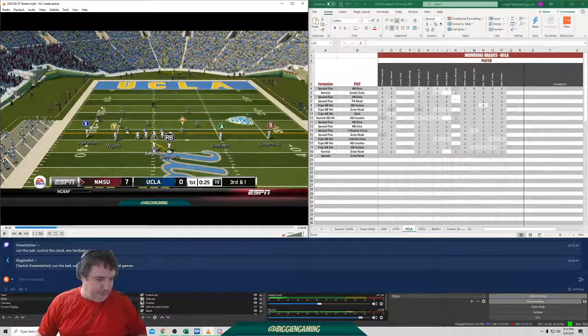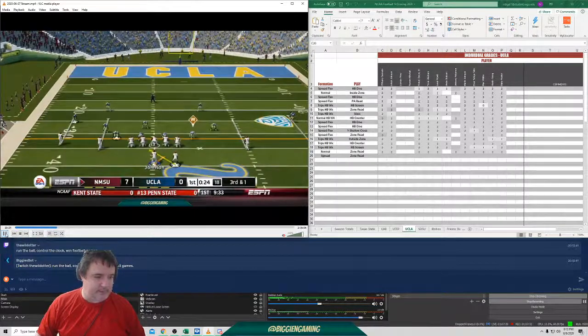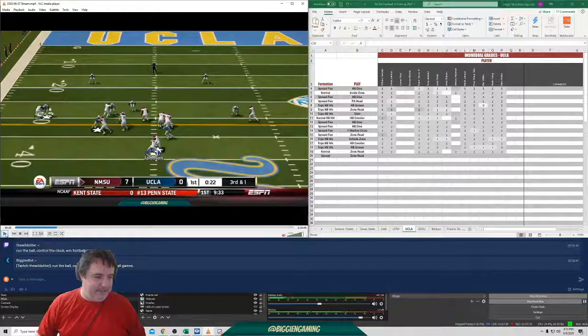Since my offense is the weakest part, we're going to try to just control the clock and keep their offense off the field and help out, especially early on. That's been my philosophy with this. We throw for only like 100, maybe 150 yards a game. We barely throw for any yards. This game, we actually ran for 400 yards of offense. So, my offensive line came to eat today.